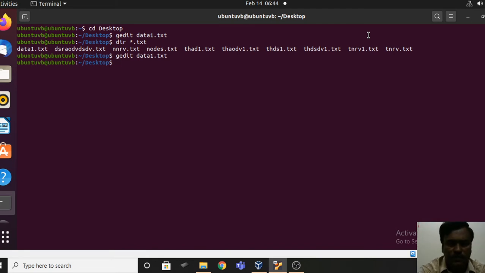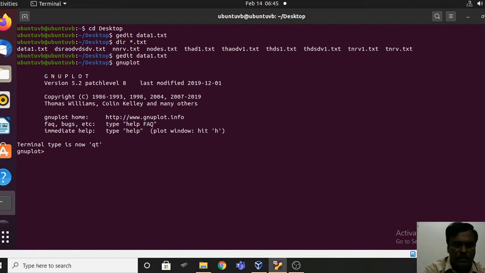For plotting the graph, we have a tool, namely GNU plot. So gnuplot, enter, and then plot.